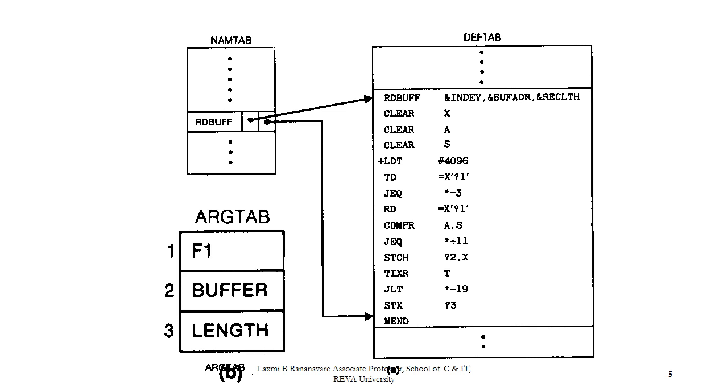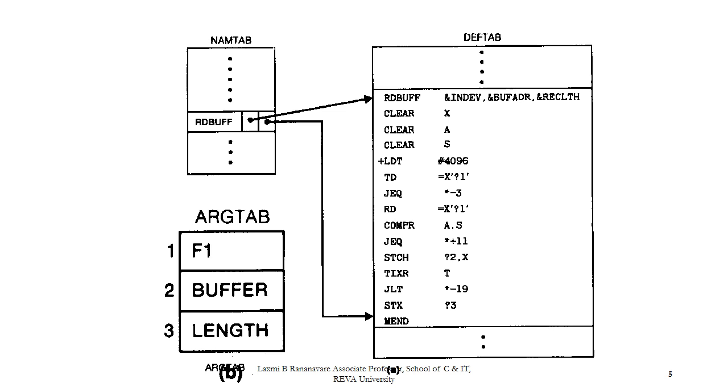These are the 3 arguments for this read buffer. Now where it is used, that is test device. You can see the statement test device equals question mark, and the first argument is used from the parameter. So you are going to replace indev by question mark 1. That question mark 1 means it is the first argument in the